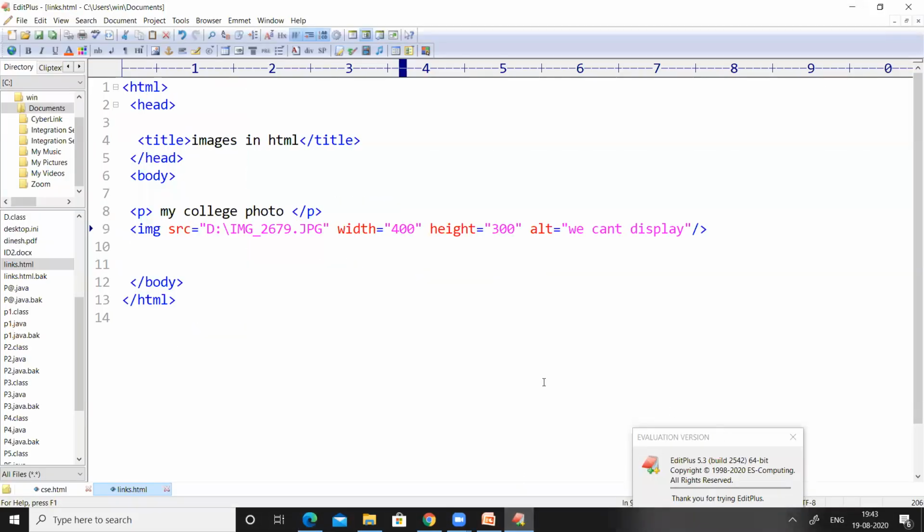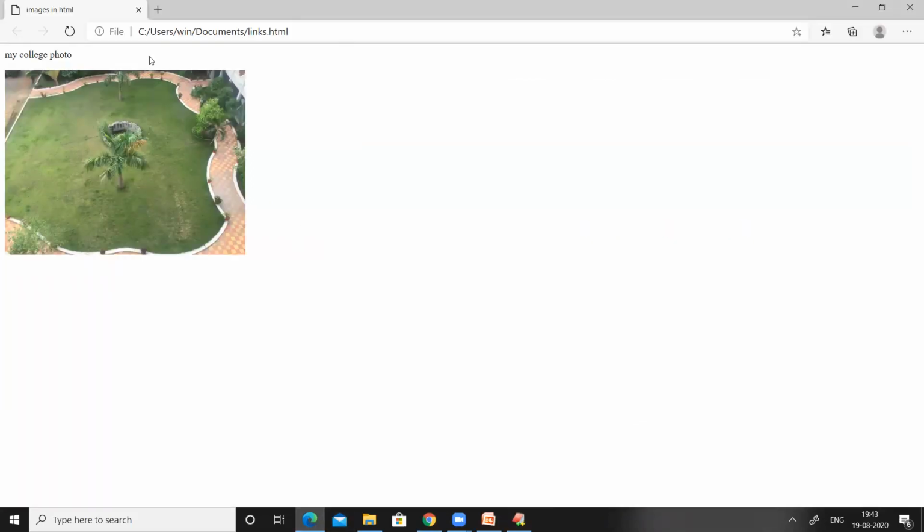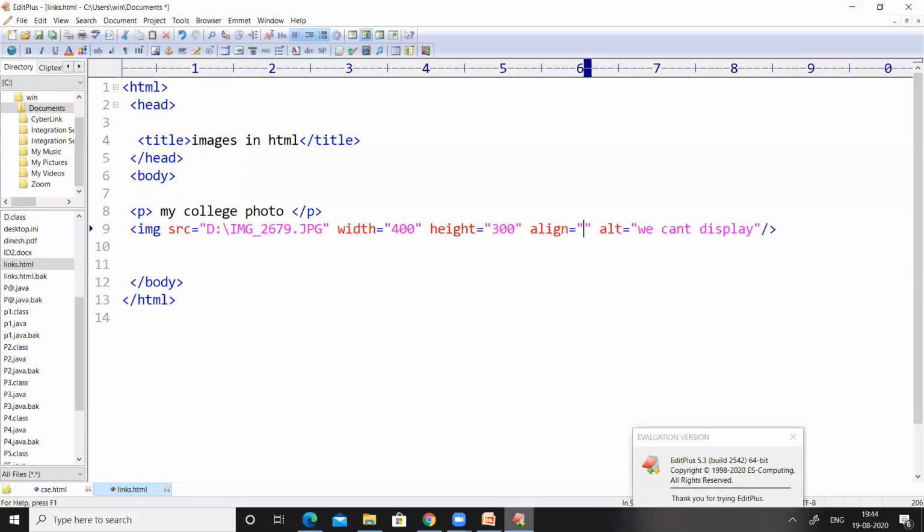So now let us see what is the use of the align attribute in the img tag. Align equal to, let us give, if you observe the output, the image is already left aligned. It is on the left side of the web page. So let us check with left.